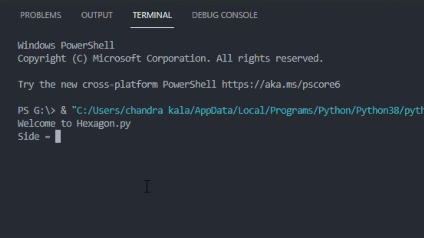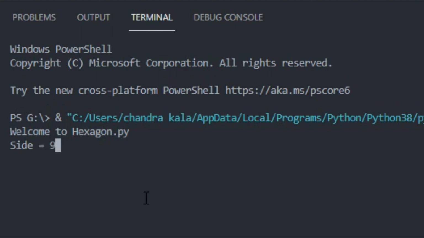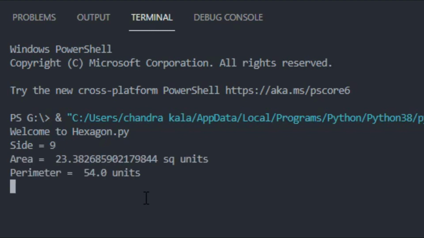So it says welcome to hexagon.py, which is the file name, and as the side I'm entering 9. So it shows area is 23.38 square units, and perimeter as